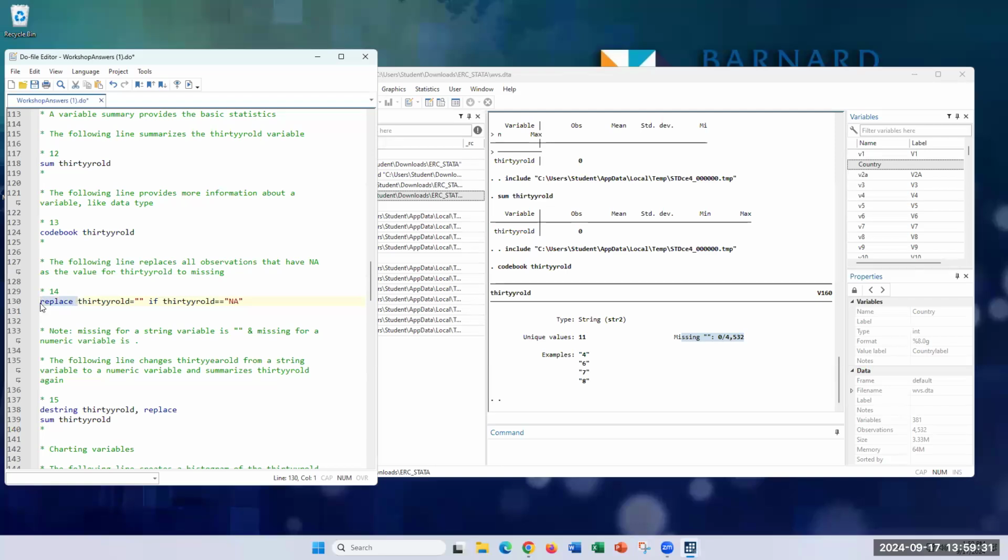So this is saying replace anywhere where 30-year-old equals NA. Notice there are 2 equal signs, because in programming languages, 1 equal sign means you want to make that variable equal to a new value, but if you just want to check whether something equals something else, you use 2 equal signs. So if 30-year-old equals NA, and notice again the quotations, then let 30-year-old equal this empty quote, just quotation marks with nothing inside of them. If we run this,